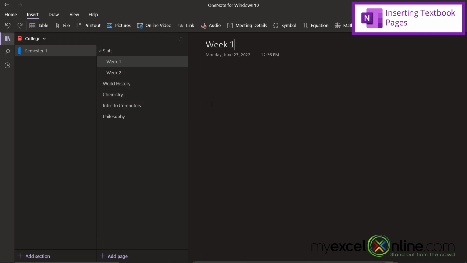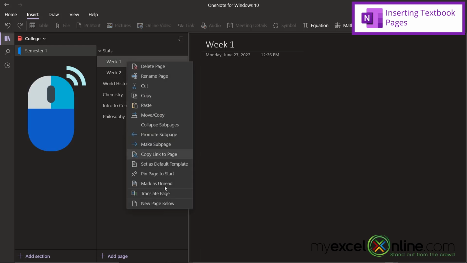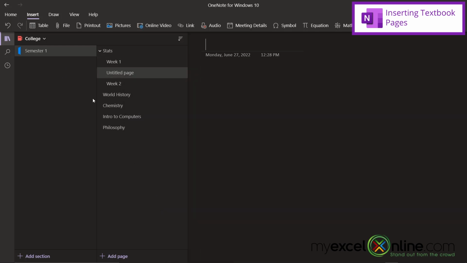So what if during week 1, not only do I have these notes right here, but let's say I also have a page from a textbook that I would like to include in my notes because I'm going to need to study that page, and I have an online textbook. So if I right click here on week 1 and I go to new page below, and I'm going to put textbook